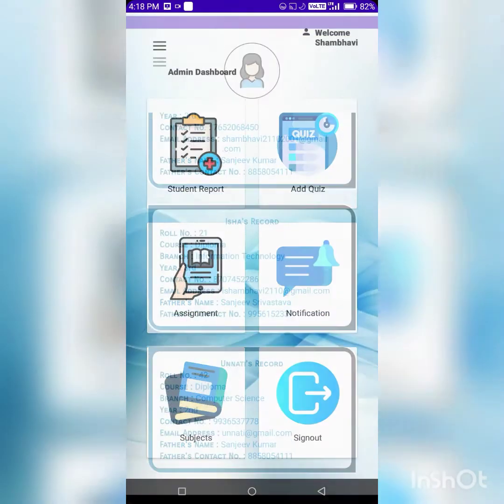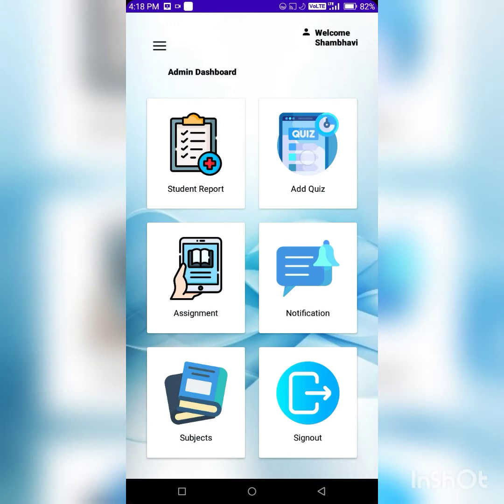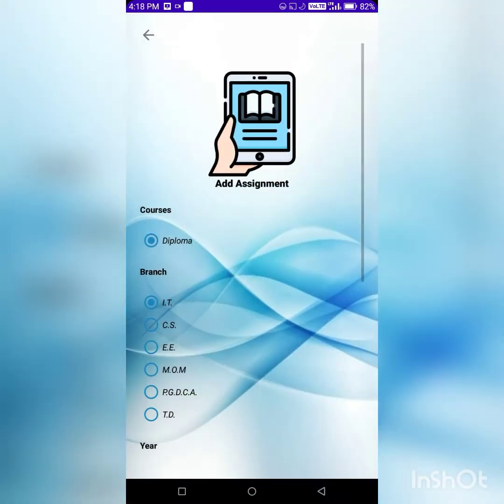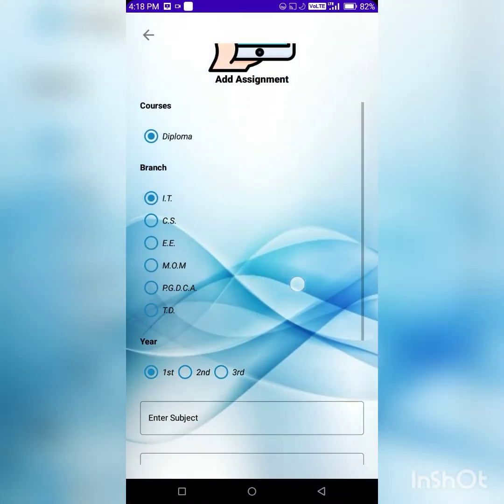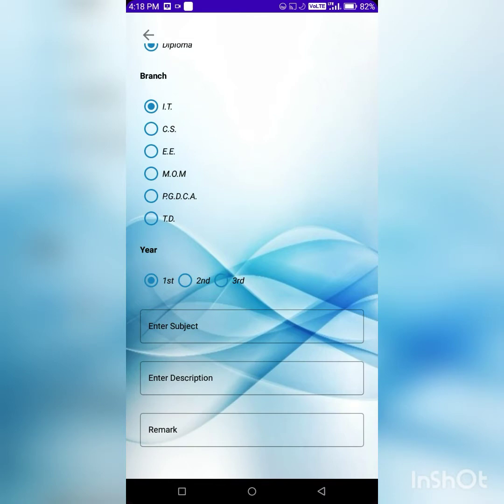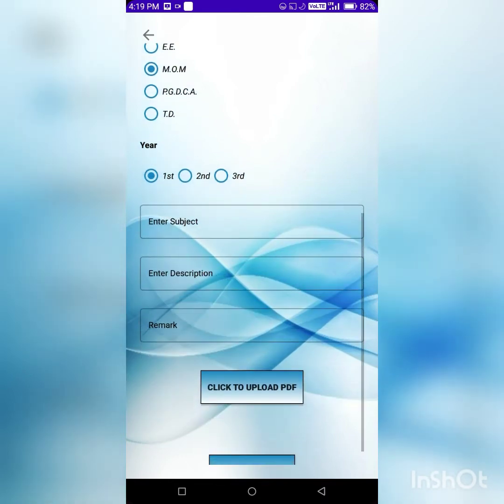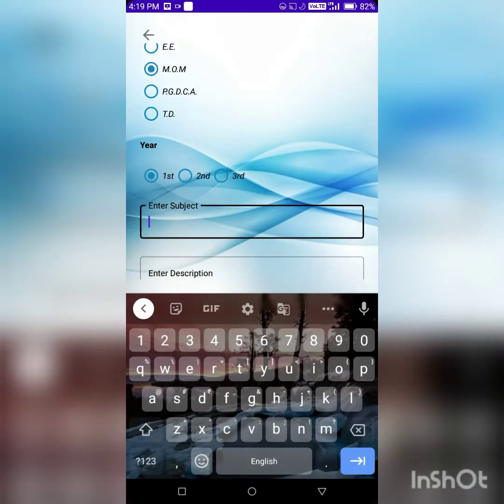Second option is add quiz, which will be available when teachers have to take the test. Third option is add assignment. In this page, admin can add day by day assignments for a student. So here you have to select courses, branch, year, and you have to enter the subject name, description of the assignment, and remark. And if you want to add PDF, that also you can upload.